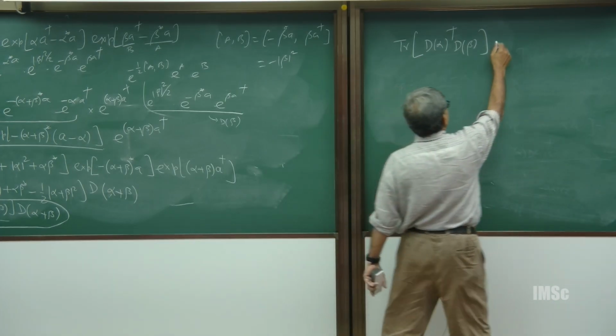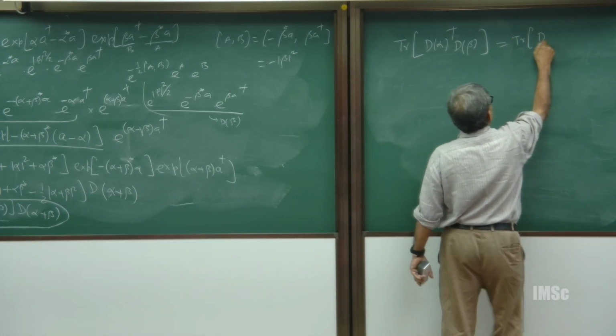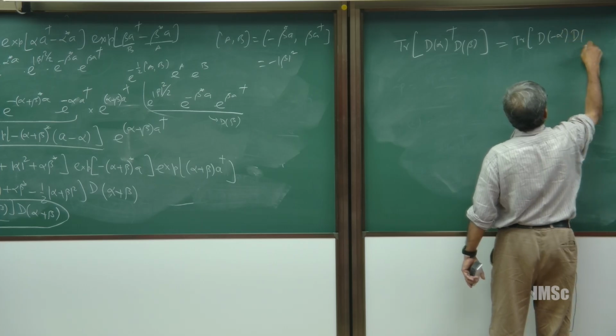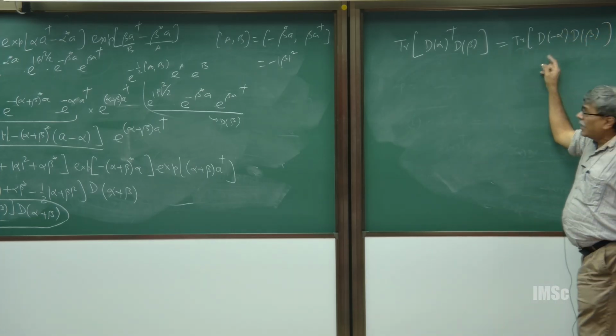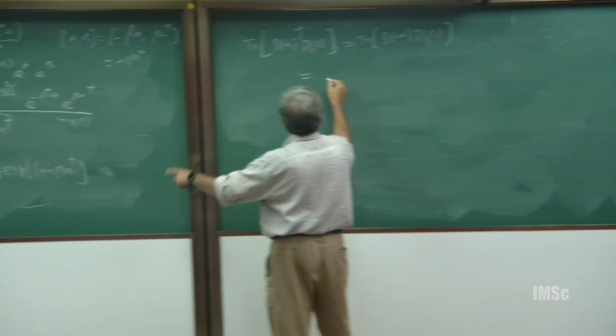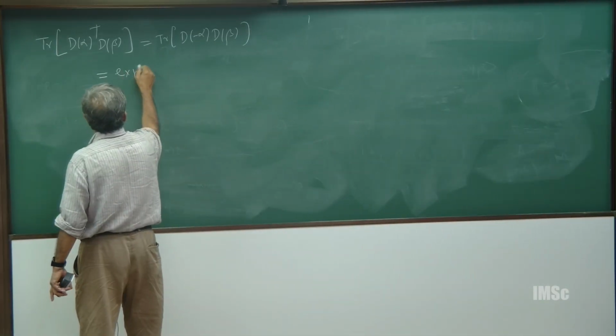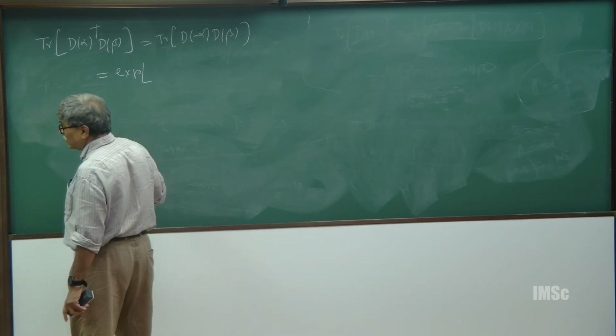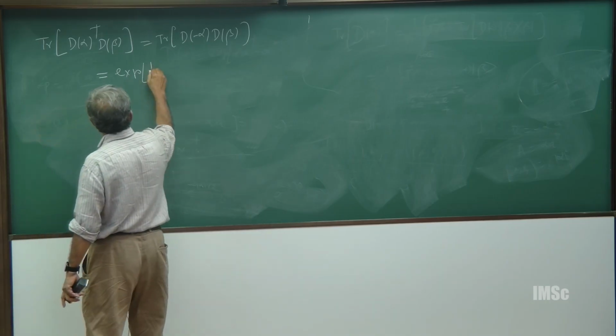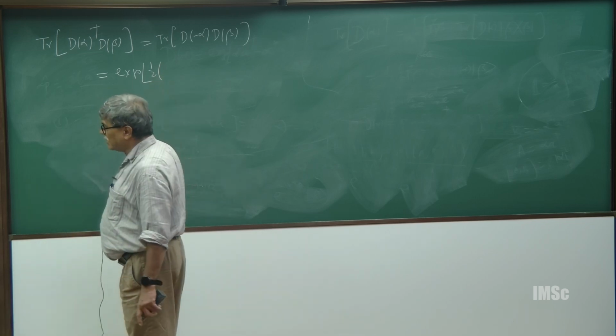So this is trace of D of minus alpha, D of beta, because D of alpha dagger is D of minus alpha, and this, according to whatever I told you earlier, is trace of